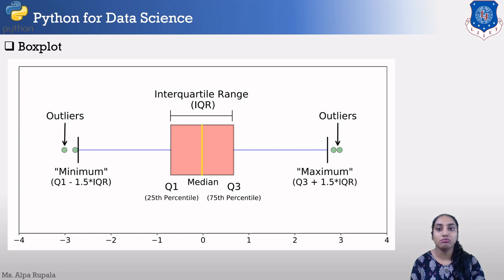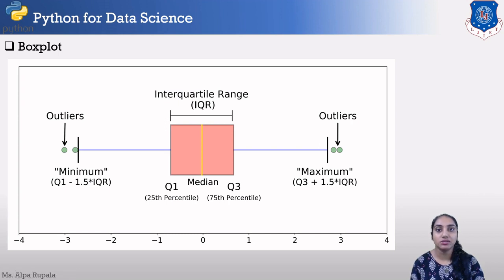So this is the box plot representation. Here, this vertical line is called a cap. This horizontal line is called a whisker. This pink box is called the box itself. This value is called the median. These marker points are called flyers. Ultimately, these are all the names or concepts for the box plot in Python.